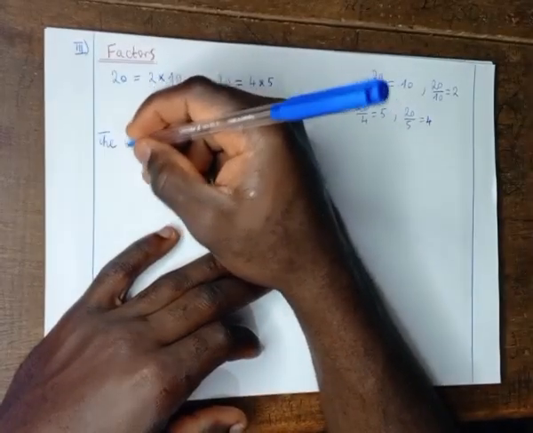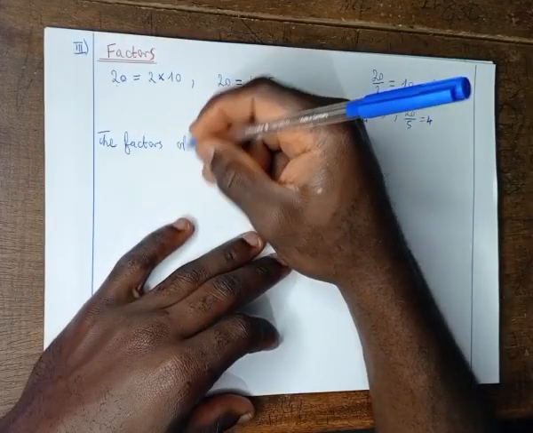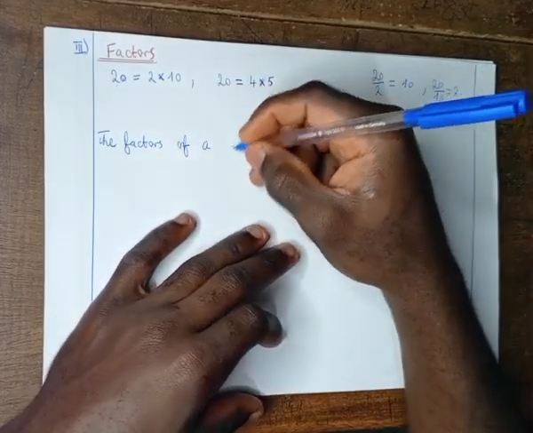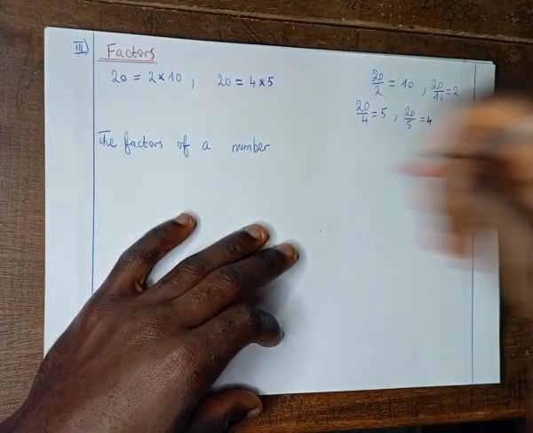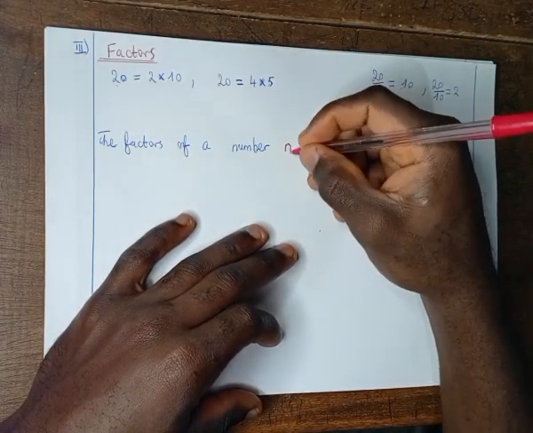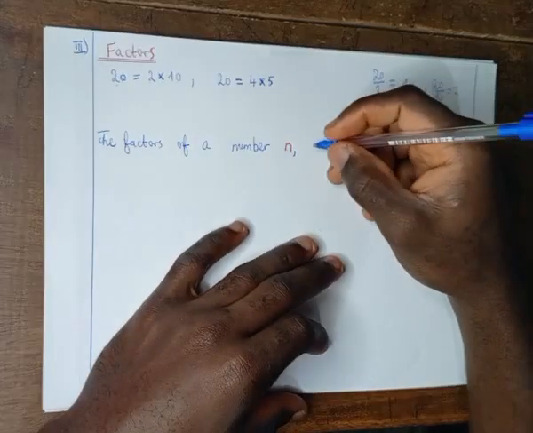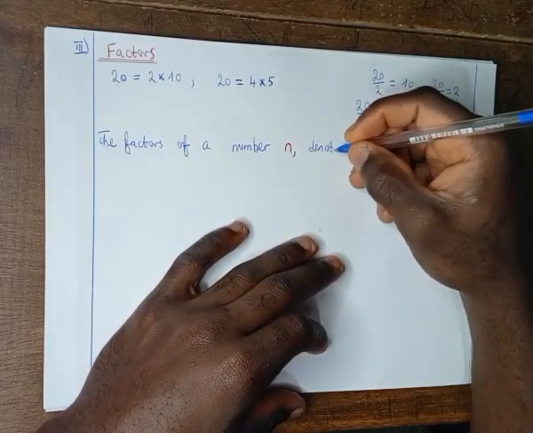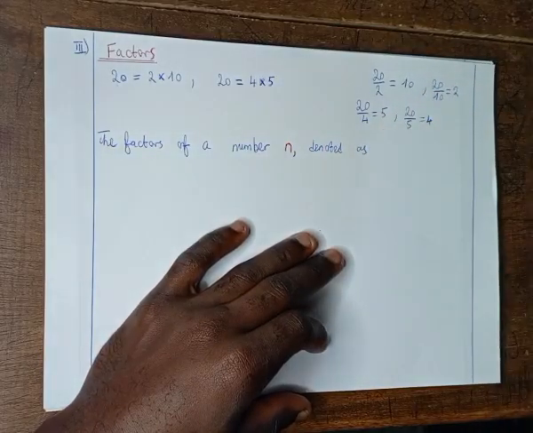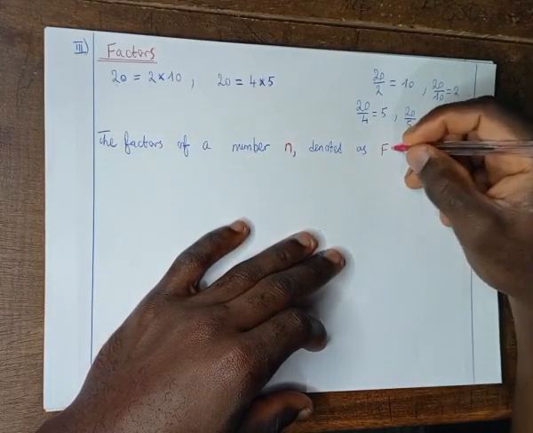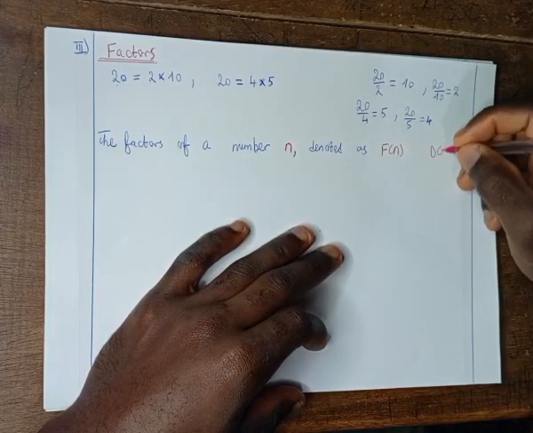The factors of a number n, where this n is a whole number, this is how we denote the factors of the number n, as f of n or d of n,